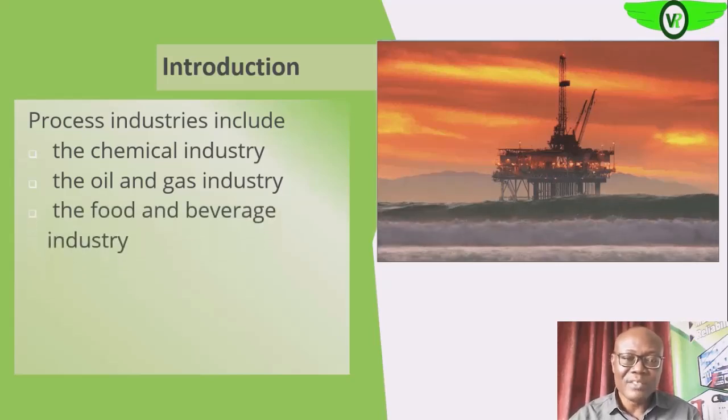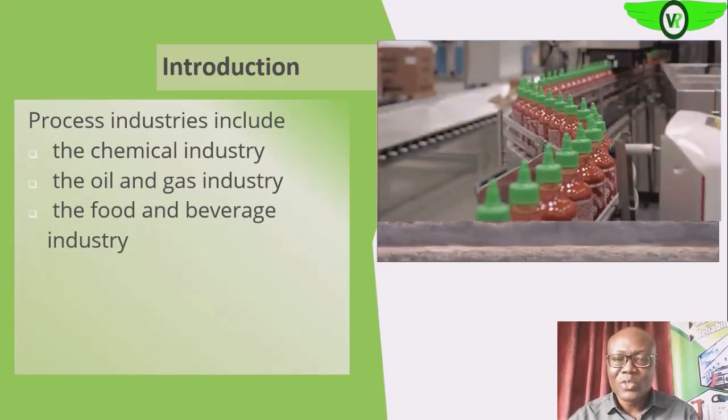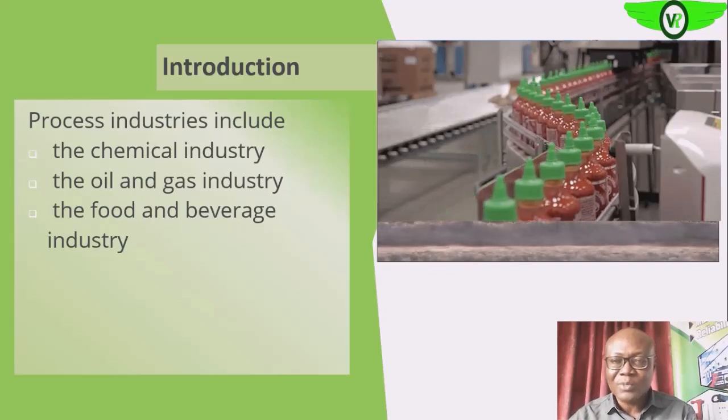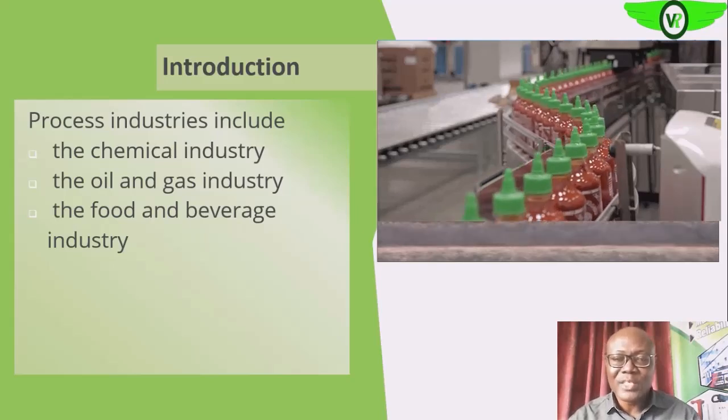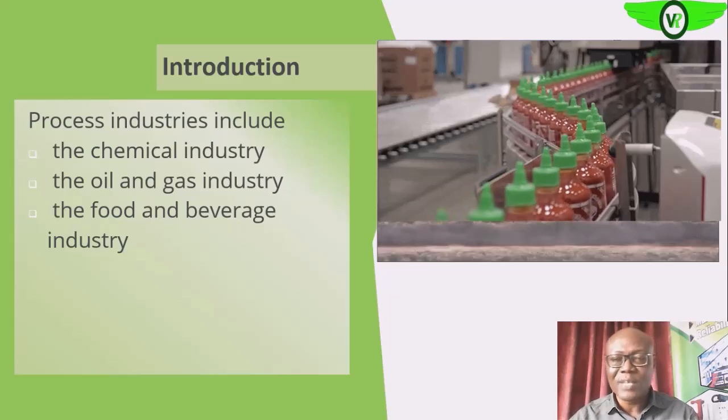So we also have the food and beverage industries where food and beverages are produced. The series of steps, which are the processes, we need instrumentation to monitor them and to control these variables so that the desired outcome from these processes will be achieved. So these are examples of